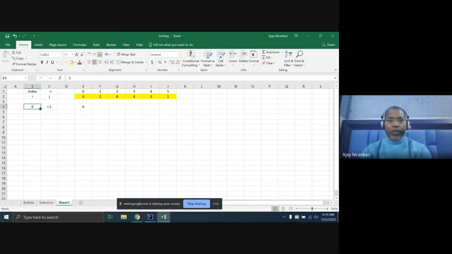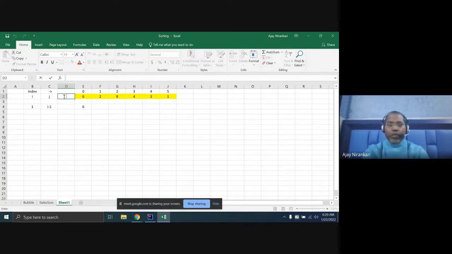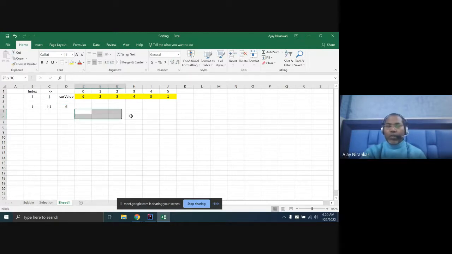So this should start at 1, and this should be start minus 1. If this is 1 minus 0, right? You have to compare these two, and you have to select one position, the current value, which you want to insert. This is the current value. Let us assume the current value we have taken is 6. First you take the current value 6, and this is your complete array. Here you want to put it in the sorted place.